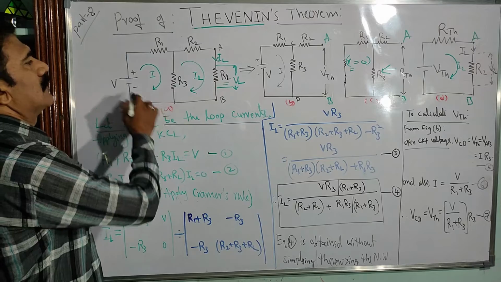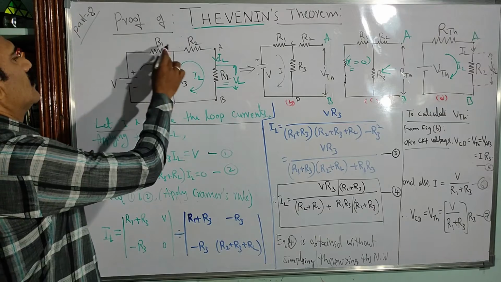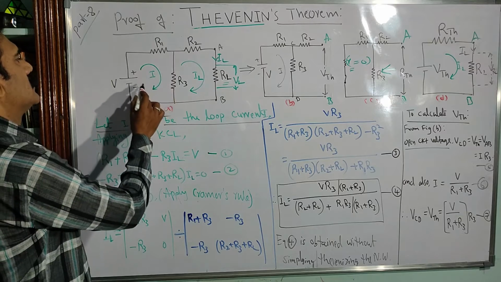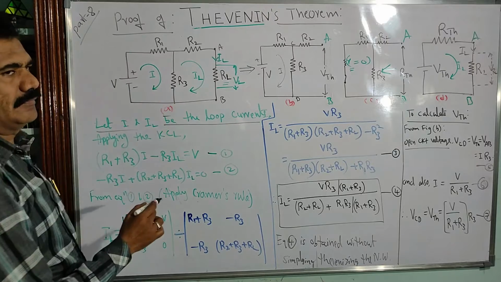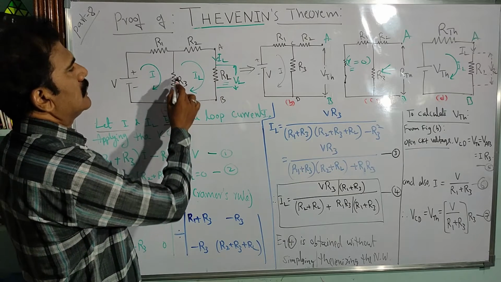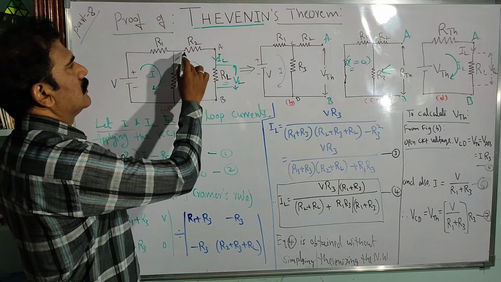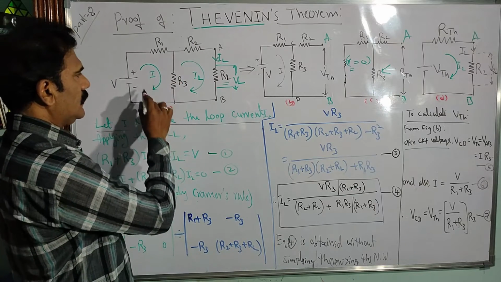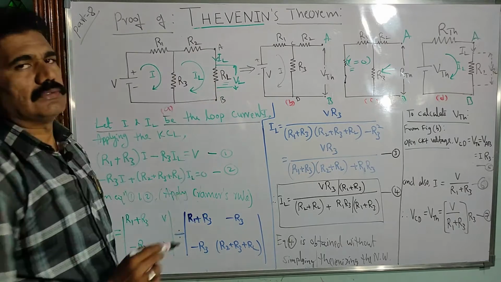In this circuit first consider the loop currents. In the first loop, this is the first closed part of the circuit. I is the current I am considering obtained from the source. What is the current passing through R1 and R3? That is I. Another loop is there in the circuit, again a closed loop. In this part of the loop the current passing through the load is IL. So IL is passing through R2, RL and R3. This is one conventional direction, the clockwise direction, I am considering for the flow of current. Here also there is a flow of current in the clockwise direction.